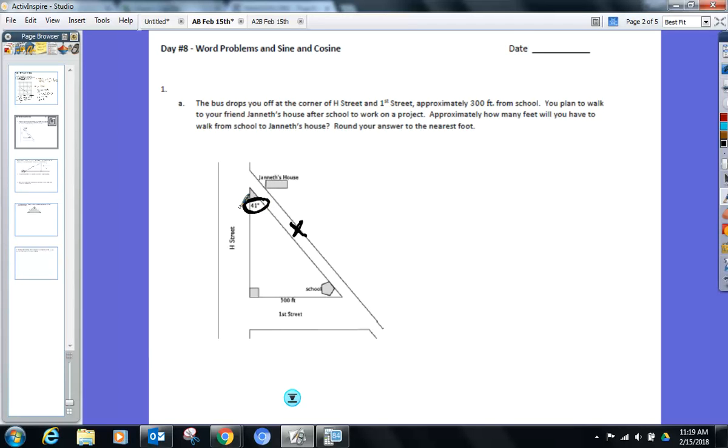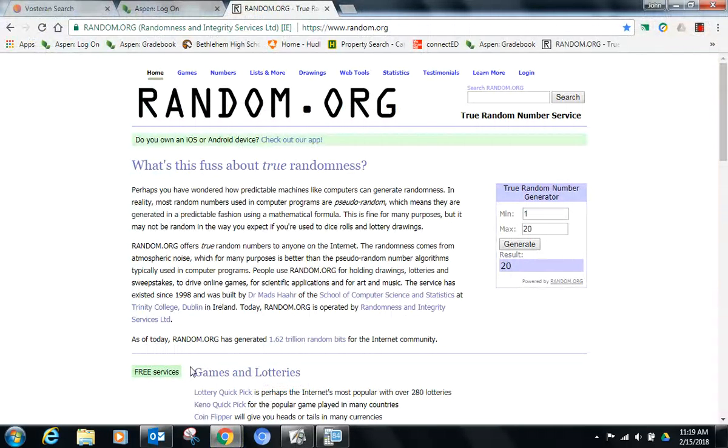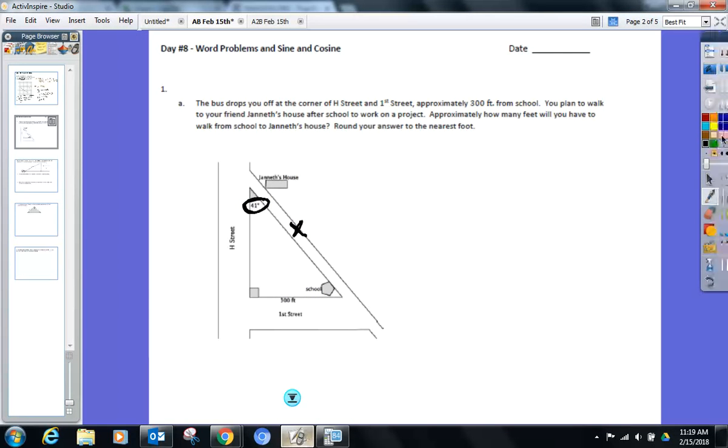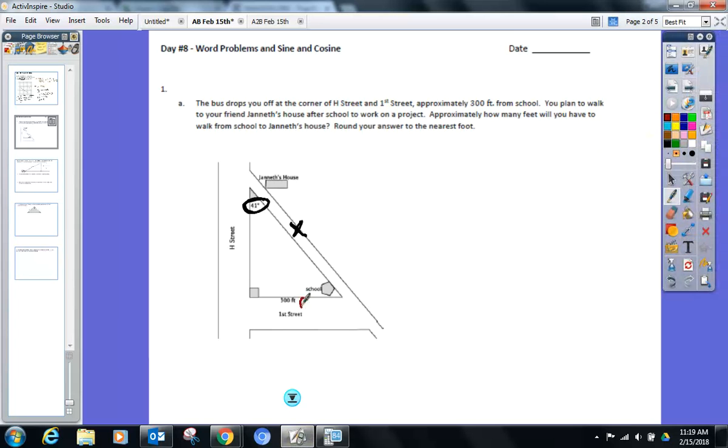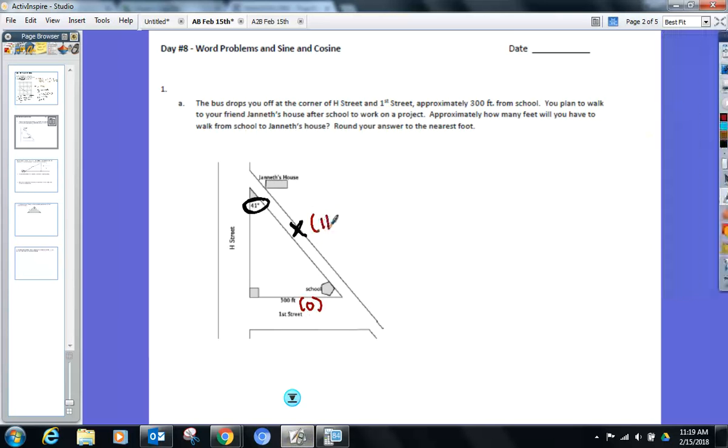Label the sides I have given you from 41. Don't yell anything out, but what's the distance I need to walk, and what's the 300 acting as? What sides do you have? We have the opposite and the hypotenuse. And yesterday we met SOHCAHTOA,